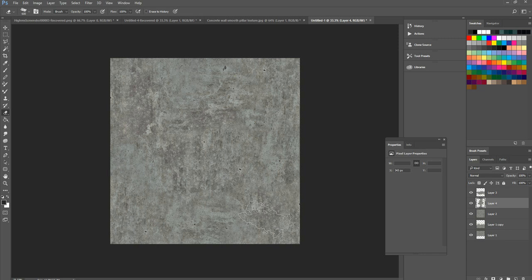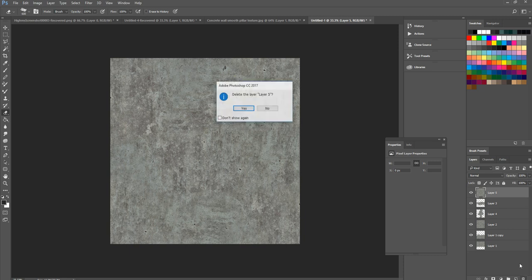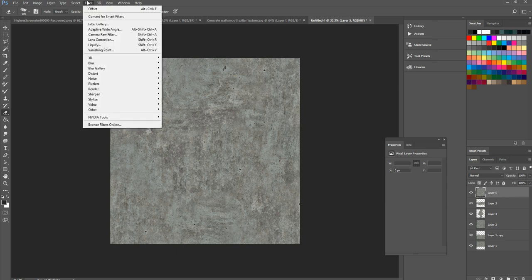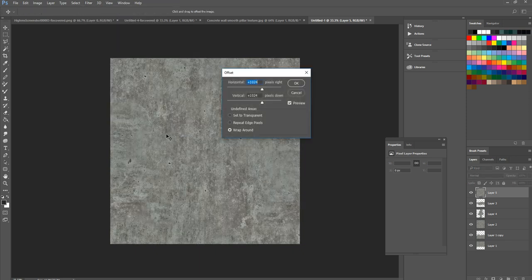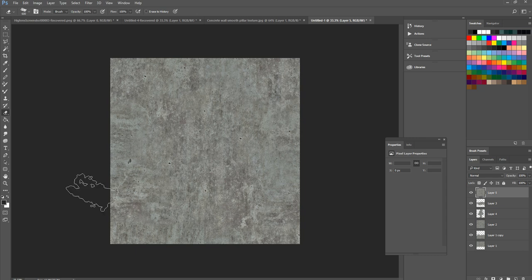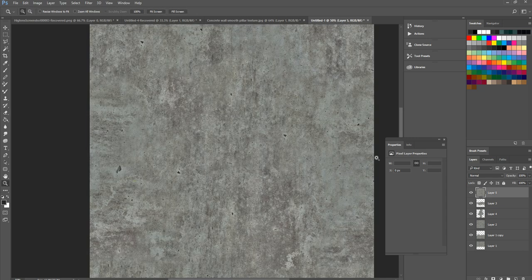So what I just need to do now is do my old trick of Control Shift Alt and E to make a duplicate of the whole thing. I wasn't totally convinced that I'd done that right, so I'm on the very top layer and then Control Shift Alt and E, and it will basically make everything beneath it into one layer and create a new layer from it. So I'm going to Filter, Offset again,